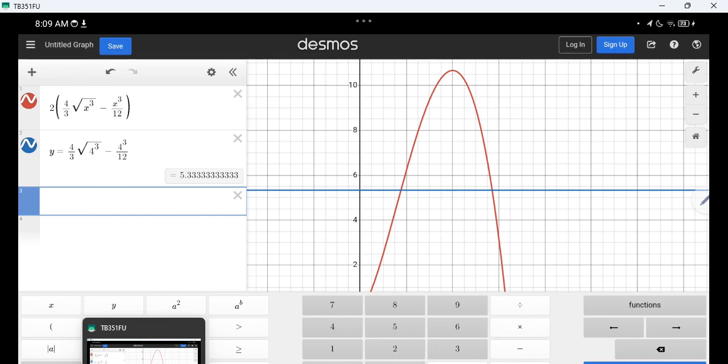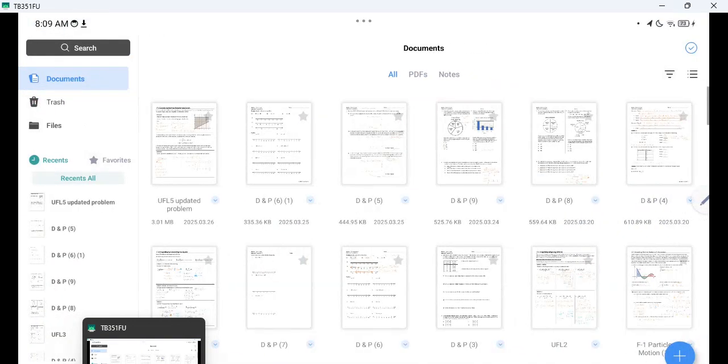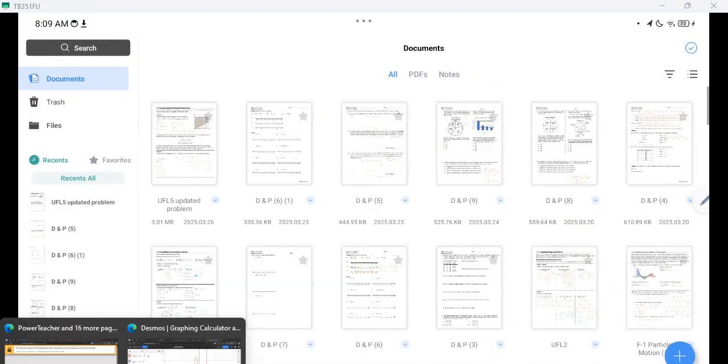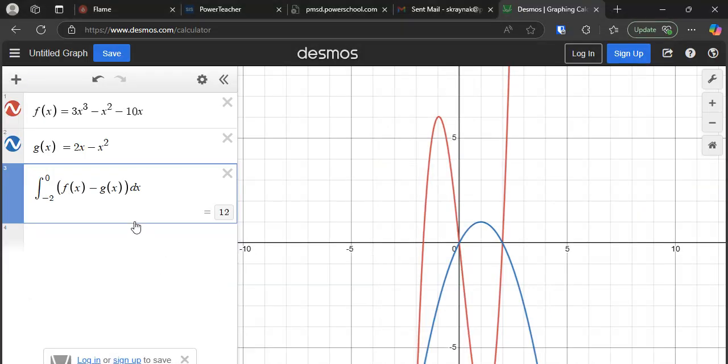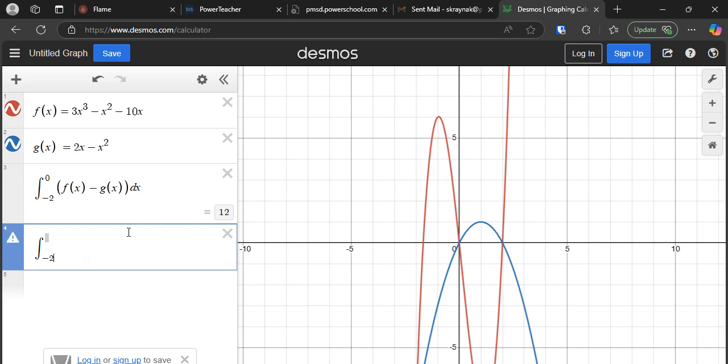It's the wrong Desmos. Did I do Desmos on my computer? Is that what I did? Got multiple Desmoses going on. If I do the integral from -2,